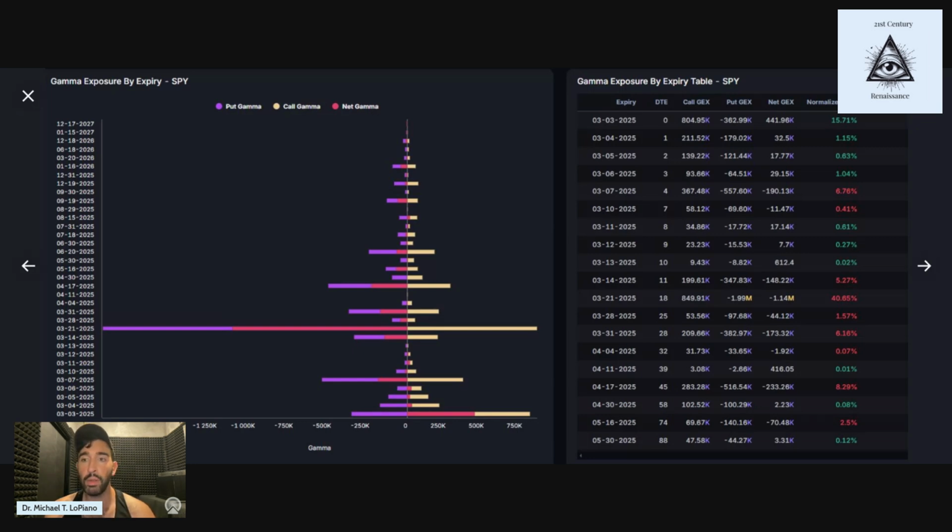The 7th and the 14th are not particularly bullish expiries. They are skewed a bit towards puts, but I wouldn't say it's a crazy amount of bearish imbalance. What I would say is that March OPEX is heavily, heavily, heavily bearish, right? We have a very large trader long put gamma imbalance at that strike. And it does project that into that strike, we are likely looking at some more downside. Into that expiry, I should say.